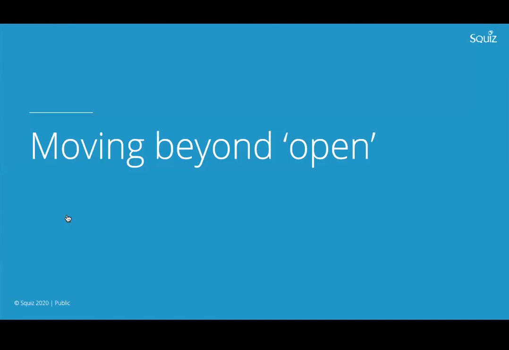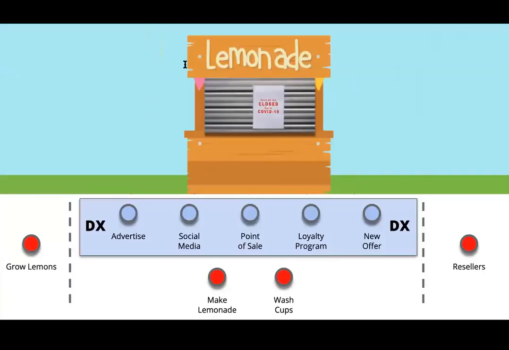The move beyond open is becoming really pressing. I think that making greater use of your existing technology investments has gone from being a hypothetical, we probably should be doing this, to suddenly in 2020 being the only thing that I think everyone's thinking about. If we go back to our lemonade stand example, what we've found in 2020 is suddenly all of the points that we hadn't digitized, everything where the overlap of the digital experience didn't fully overlap with the full customer experience, has just simply shut down, or for at least a period of time has shut down.